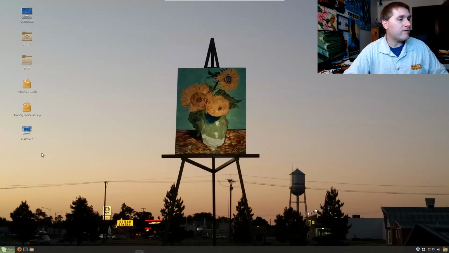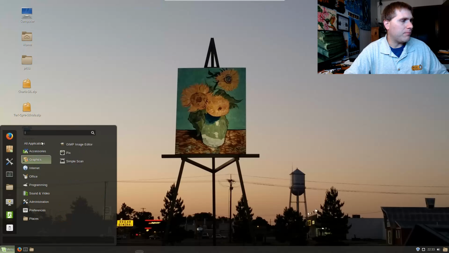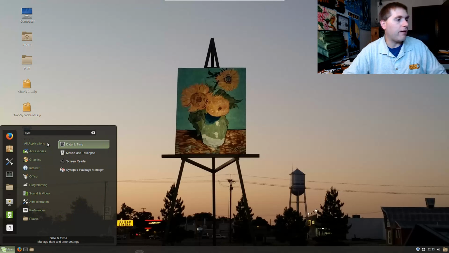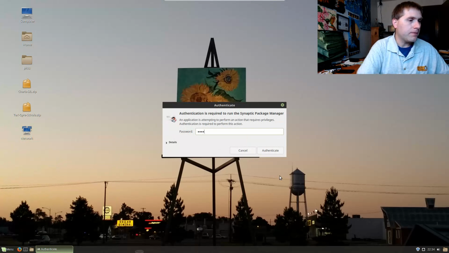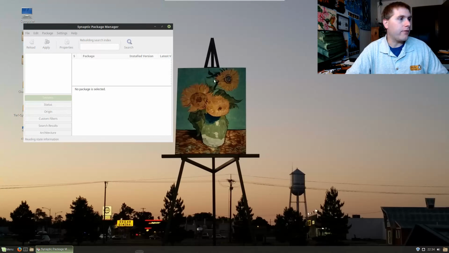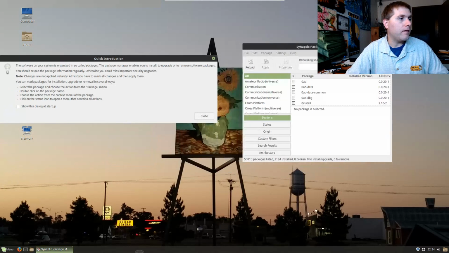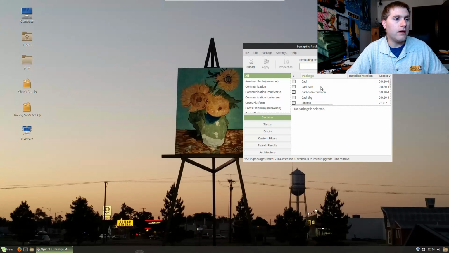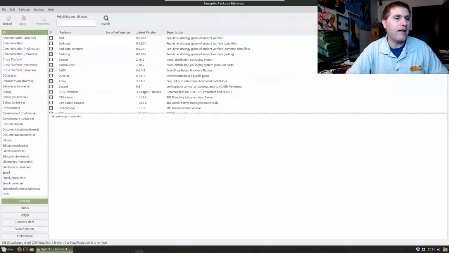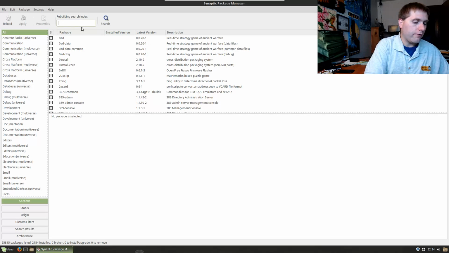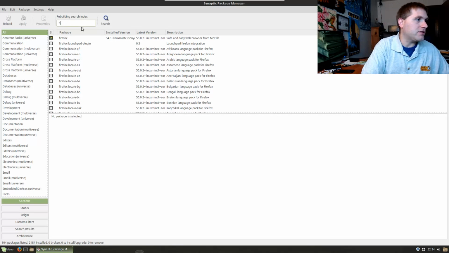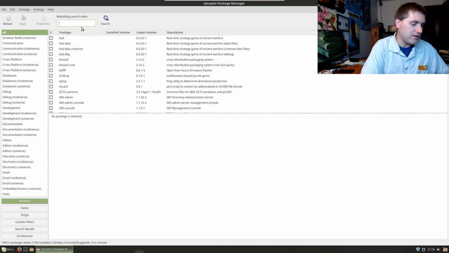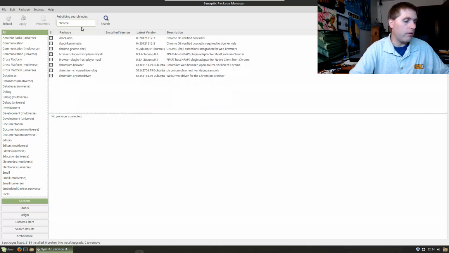Another software package that is out there, I don't believe it's installed by default, but a lot of people like it, is the Synaptic Package Manager. Synaptic Package Manager is kind of like a middle route. So here you can come over here and install software by searching for it. If you kind of know what something is, just do a quick search, and you'll see all the packages show up. So if I want to install Chromium,